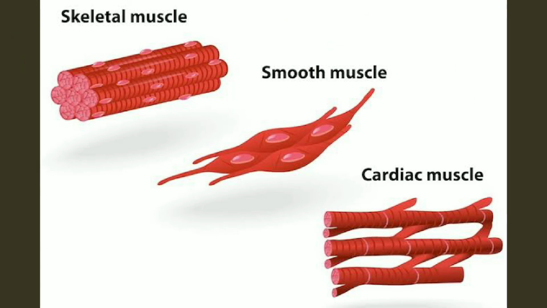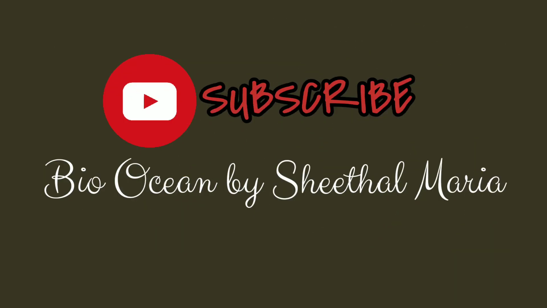And those were the three different types of muscles in the human body, and each of them has its own purposes and its own peculiarities, and among them the skeletal muscle was the only voluntary one, the other two were involuntary. And also we can say that the cardiac muscles and the skeletal muscles were the ones which contained troponin in their thin filaments, and the smooth muscles and cardiac muscles don't get fatigued. So each of them has some kind of connections or similarities, but apart from that there are too many differences too.